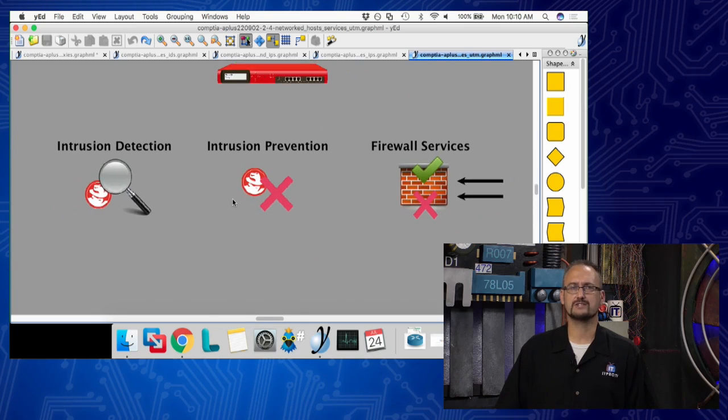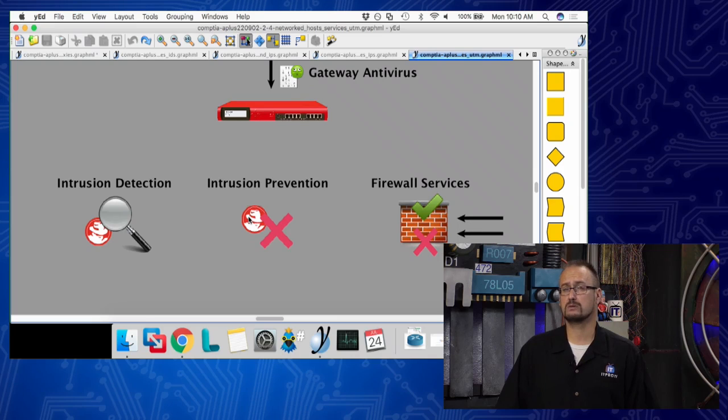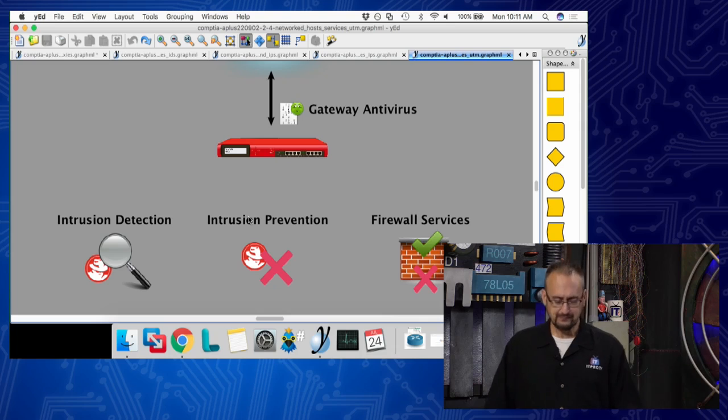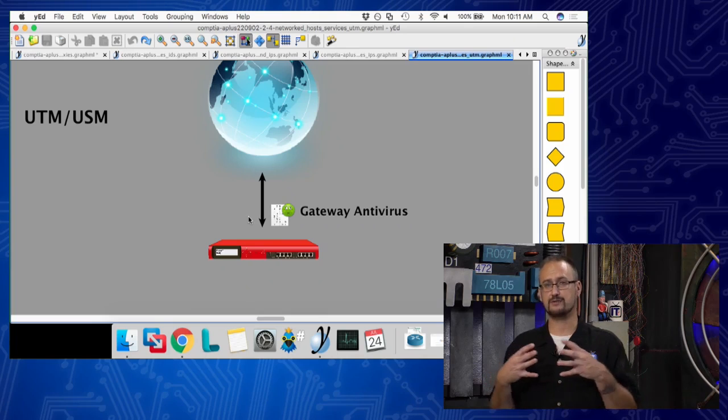Now, here's another one, again, not for the exam, more for your own benefit. If you hear next-gen firewall, you might hear it literally as NG firewall. That's usually what these devices are today: an intrusion prevention system, an intrusion detection system, a VPN concentrator that can do simultaneous VPN communications, as well as firewall services, antivirus gateways, and even spam filters and content filters. That essentially is what the UTM device is. Just think about unified threat management.